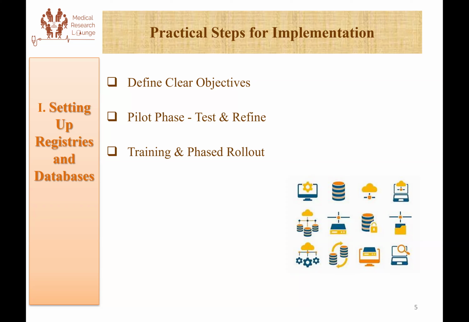Third, we have to prioritize training. Ensure that everyone involved in data collection and management is thoroughly trained on the protocols, and we have to define the data elements and make sure that they understand the tool and the software to be used for the data collection. So consistent training prevents errors. For a larger initiative, to even see whether these trainings are helpful or whether they should be improved, we can follow a phased rollout approach. That means we start with a single unit or hospital before expanding to multiple sites or establishing larger databases like a national registry. So this allows for controlled growth and troubleshooting.